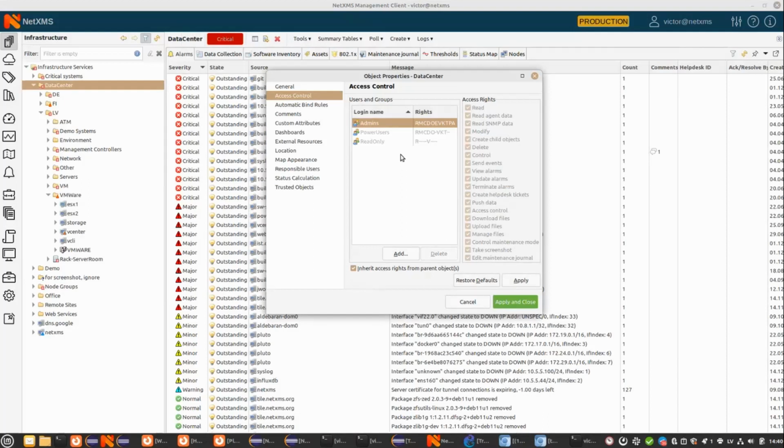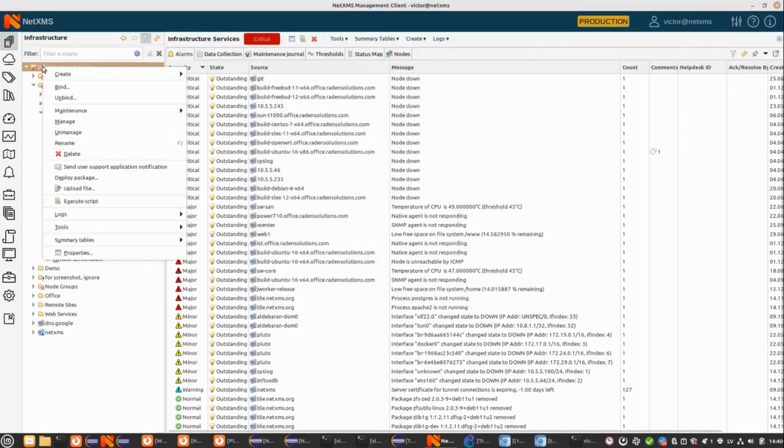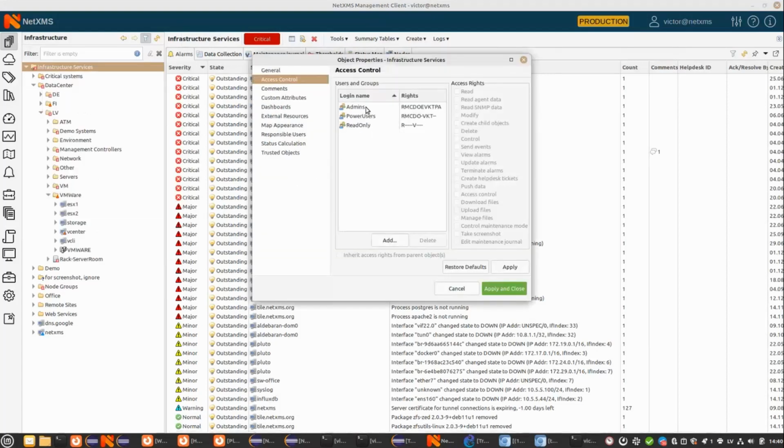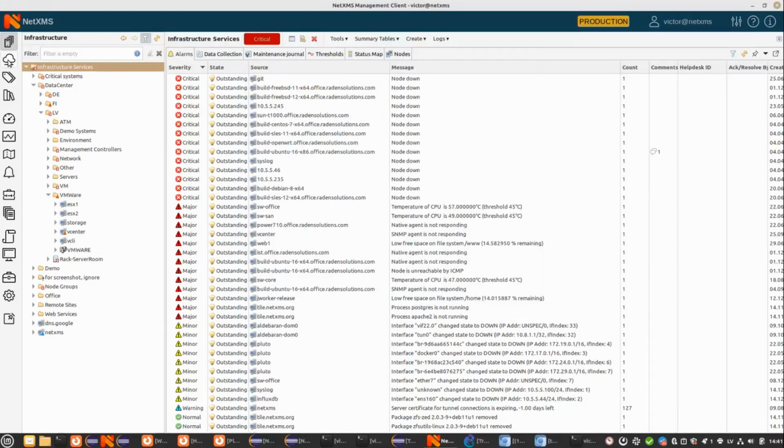And those rights are inheritable. So here you see they are all grayed out because they are actually inherited from the upper level. So if we go to the top level, you see there you can actually edit them. And again, there are a lot of access rights on the object level to just read, to modify, to create sub-objects, etc. So that was a real quick overview